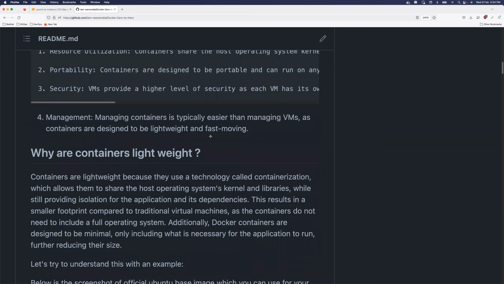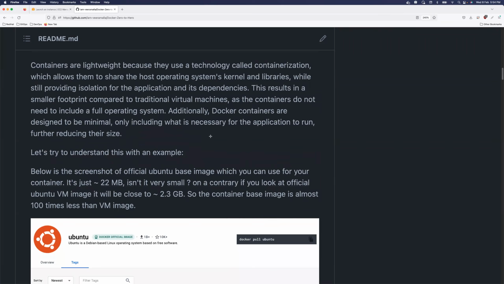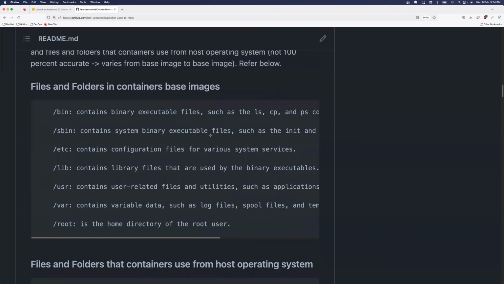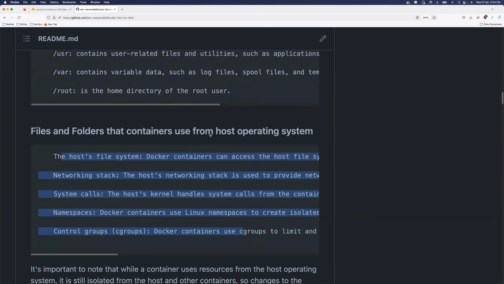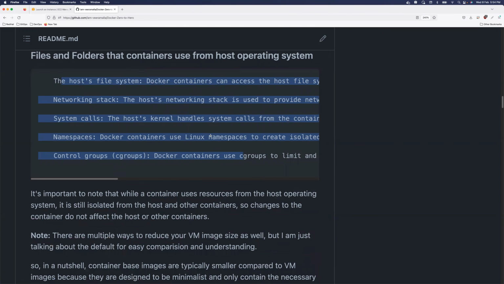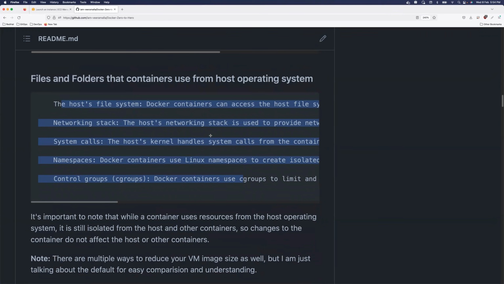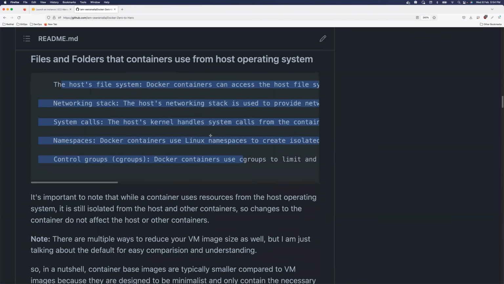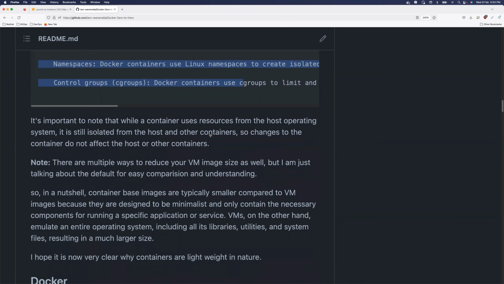Okay, I think I explained this a lot. So if you still have any questions, definitely please provide me the timestamp saying that I did not understand at this point of time, and I'll definitely make a YouTube short video or any other video to explain this in further detail. But as I'm telling you, follow through this GitHub document. Read the README file entirely. You will definitely understand the concept of containers much, much better.